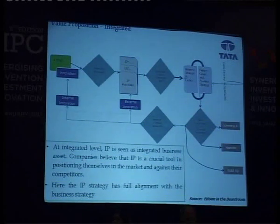Most of the companies just remain focused on doing R&D, coming up with an invention and filing it. Portfolio management is the next step, where we start thinking that we need to start leveraging it. And this needs to be re-looked at. As I discussed earlier, the business assumptions keep on changing. That's how you need to see whether the IP that I have today is aligned with my existing product portfolio or not. And that's how you need to audit your patent portfolio in line with your business products, business